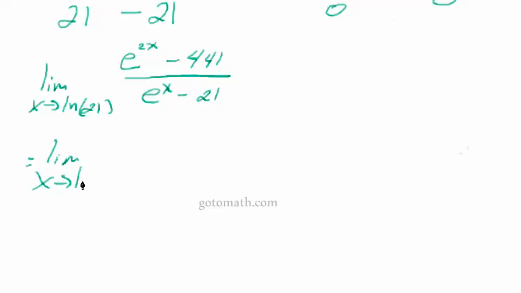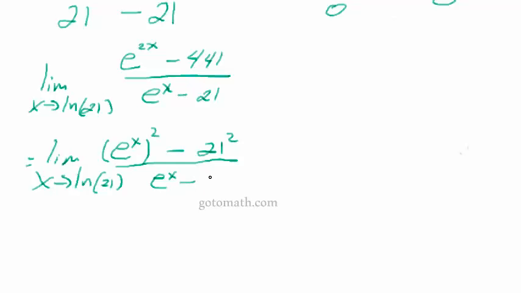This here can be rewritten as e to the x squared minus 441, and 441 is 21 squared, already shown that. And it's over e to the x minus 21. So this is the difference of two squares up here in the numerator, and this can be rewritten as e to the x minus 21